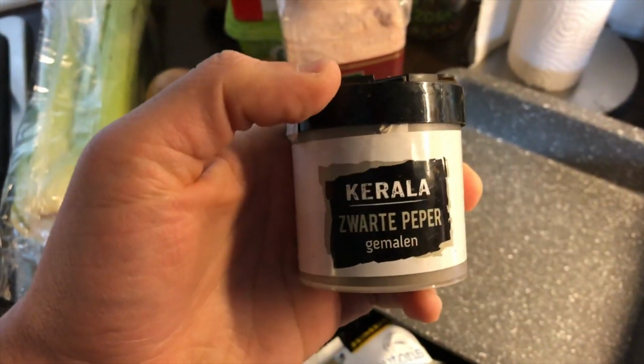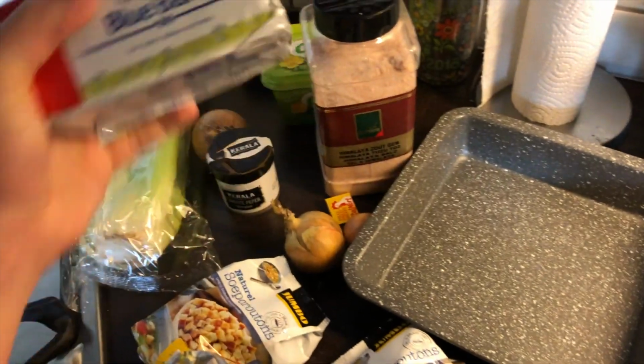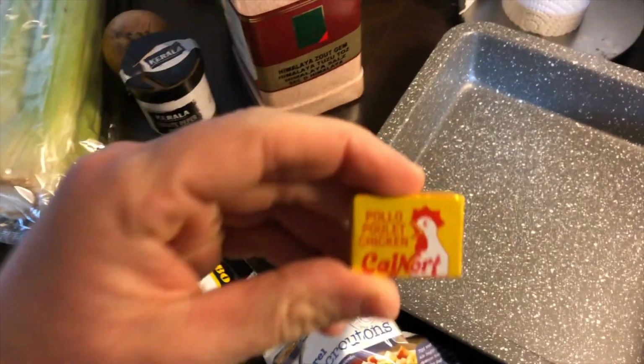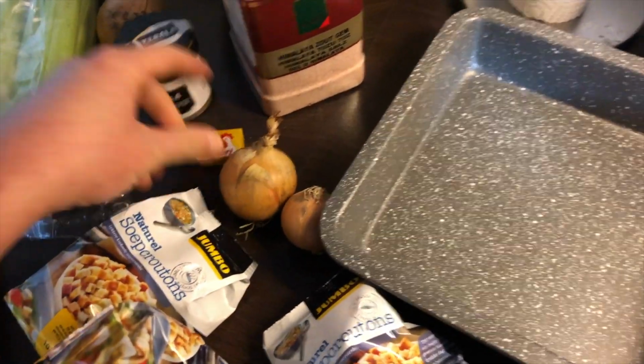We need some black pepper, some unsalted butter, a little bit of salt, chicken stock or chicken broth, whatever you want to call it. Just one of these, because each one is good for, I think, 1 liter, not sure. And then